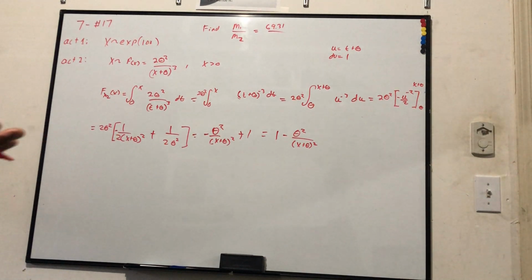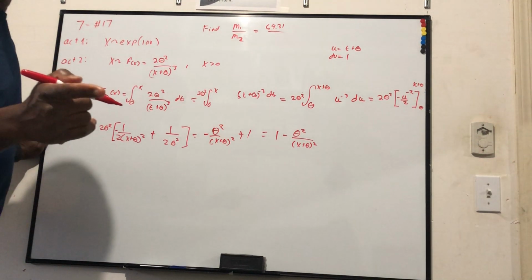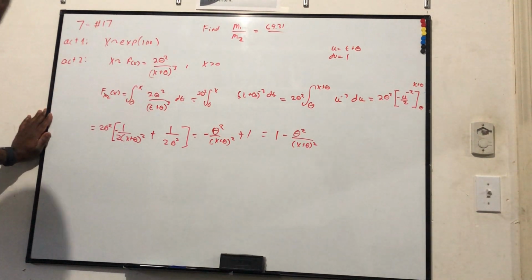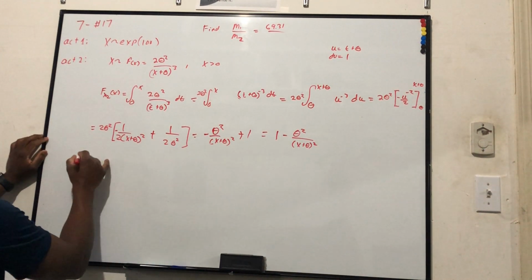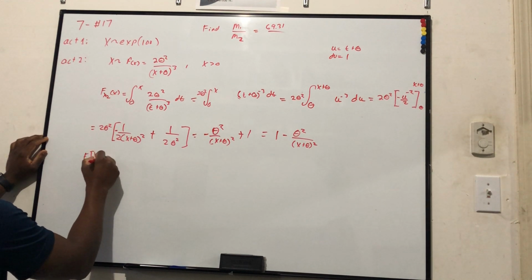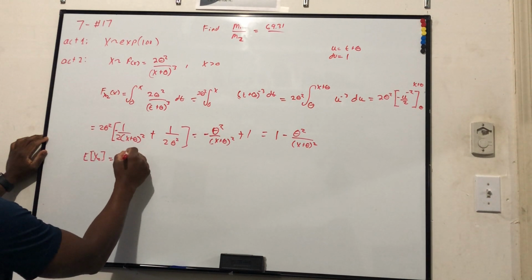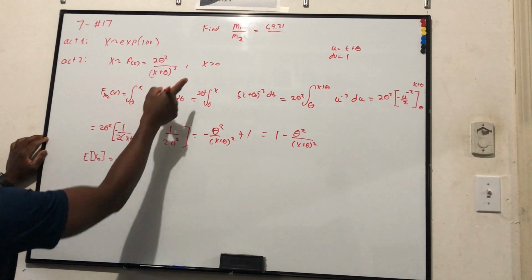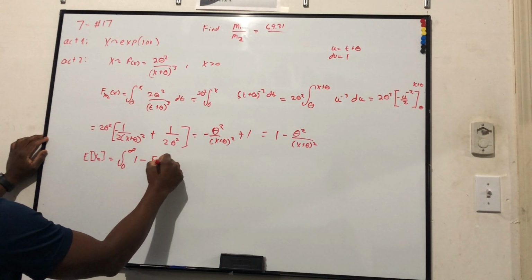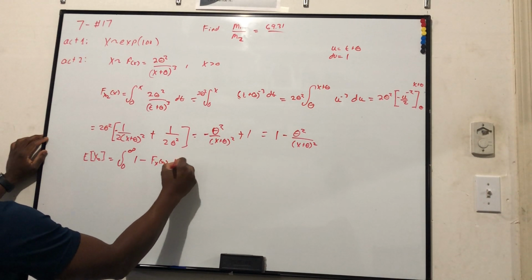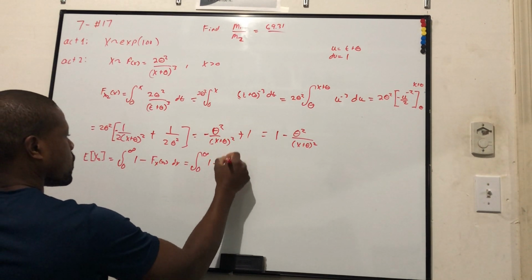You still haven't found theta. Yeah, I really haven't. But I can, because once I do the expectation, I'm going to find out what theta is. So we'll see what this function is. The expectation of X2 is, we're going to do the Darth Vader rule. It would be the integral from 0 to infinity of 1 minus F of X2 dx. Well, that is 0 to infinity, 1 minus